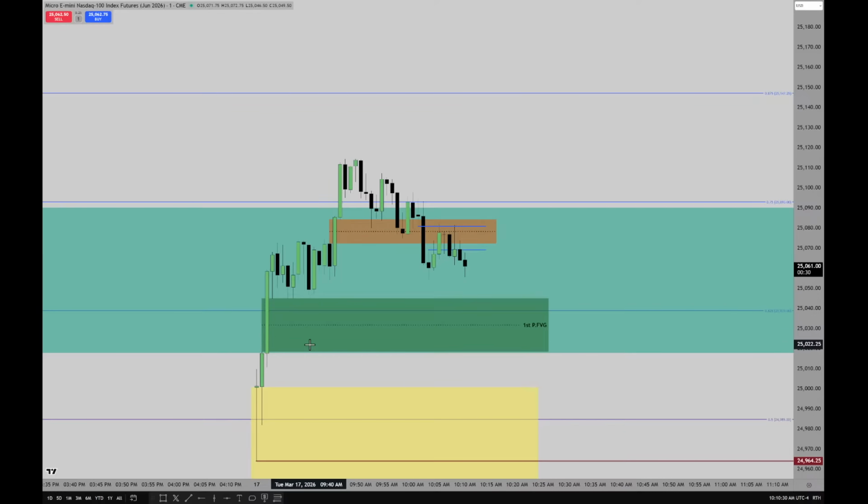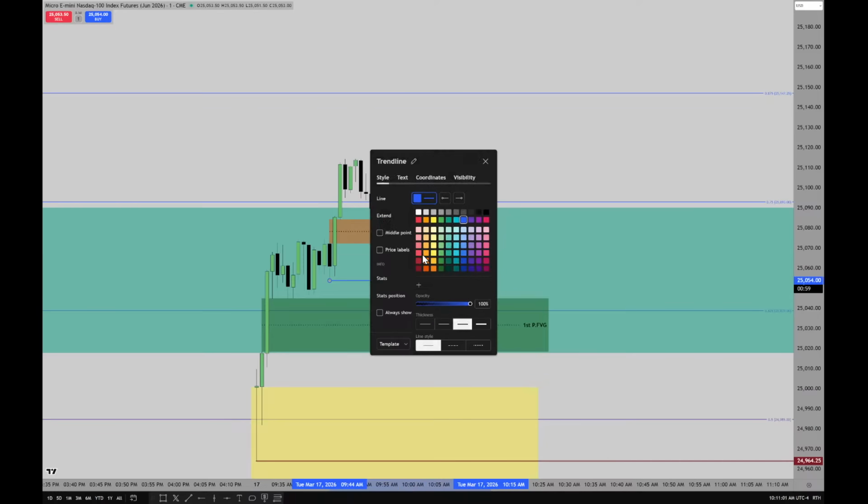If it wants to trade back down into a deeper discount, it would need to do so in a convincing manner with the body going below consequent encroachment of this first presented fair value gap. But just sticking its toe in the water below this line in here, it needs to really get heavy there. So the way you would do that is you would watch price action like this. Any type of reluctance on the part of price action to get below that and start stretching out to the downside